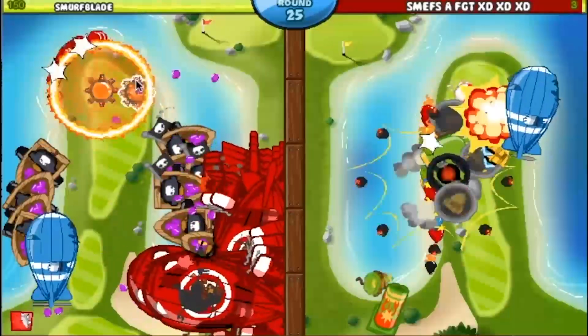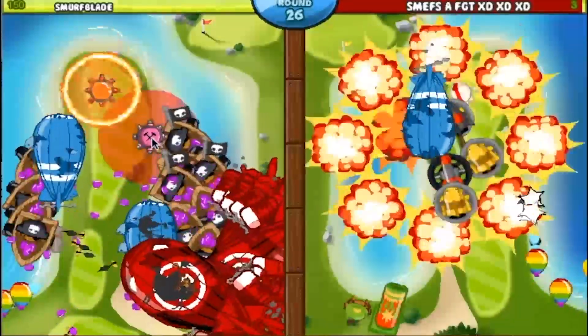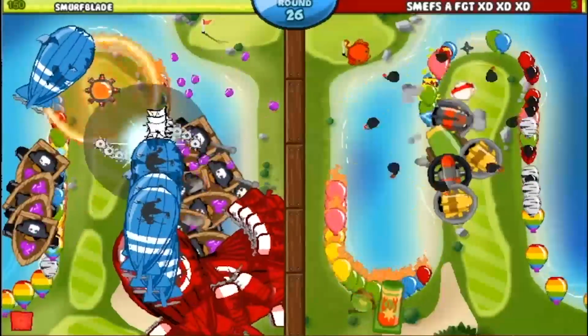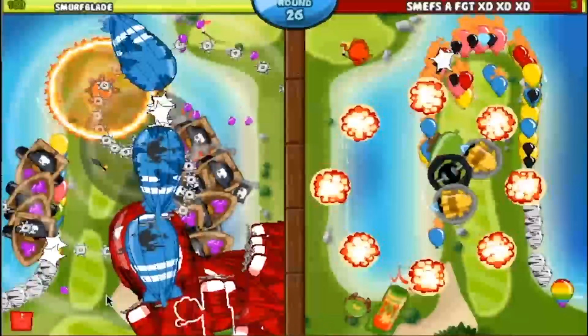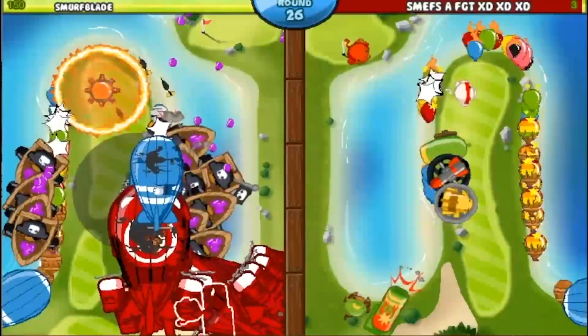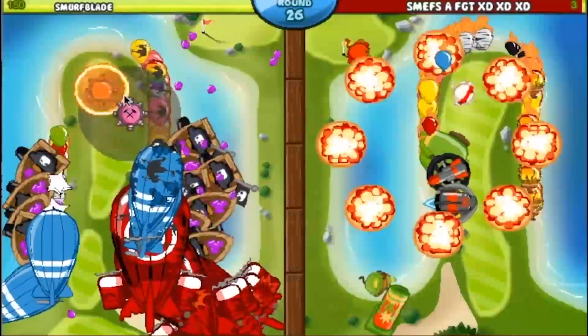He definitely has high economy, so he might be able to pull this off, but there's still a lot of BFBs. Alice actually looks like he's going to die to the AI balloons. Does he have a backup ninja on the top? At the same time Smurfblade is going for those Maelstroms, and he's very effectively Maelstroming. The AI mob might interfere, but the AI mob is defeated using some Maelstroms, so Smurfblade has to go for